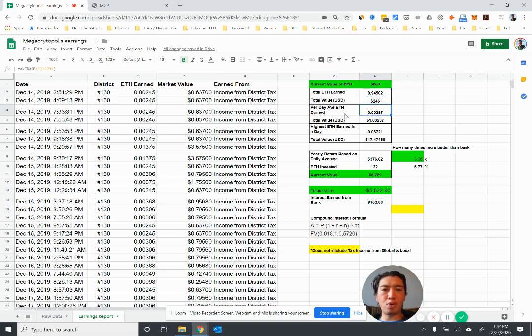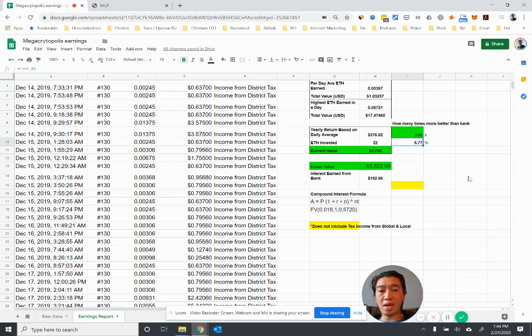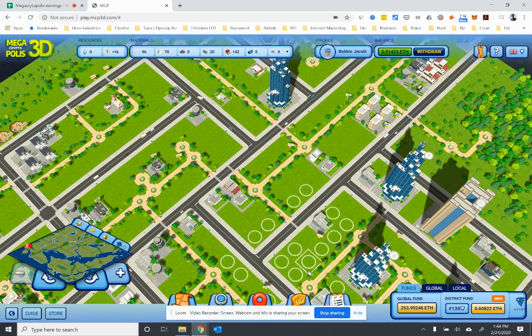So I did a per day average of ETH, and it came out to about $1.03 per day on average. The highest ETH I earned in a day is 0.0667, which is a value of $17 given the current value of ETH. Keep in mind that I do not include my tax income from the global and local, which is additional revenue,